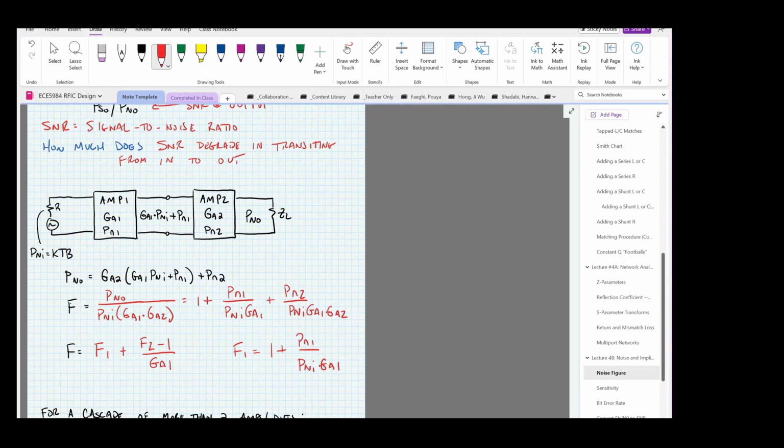So if I look at F here, the noise that we get from the first stage shows up dB for dB at the output. But the noise contribution from the second stage is suppressed by the gain of the first stage. So when we start to make receivers, we're going to try and put a lot of gain at the front, because whatever gain we put at the front is going to start to reduce the contribution of noise from